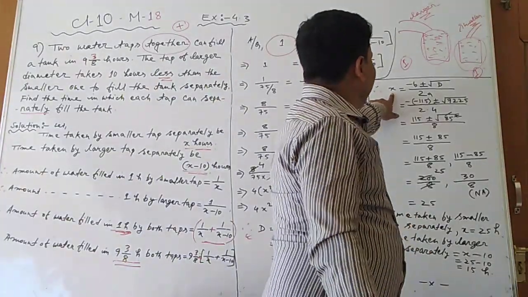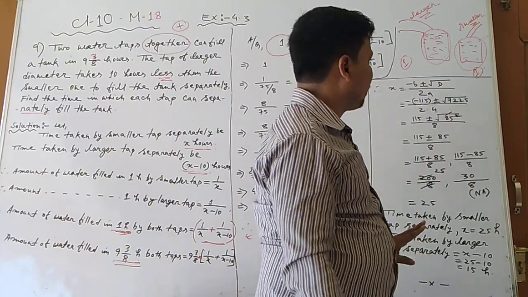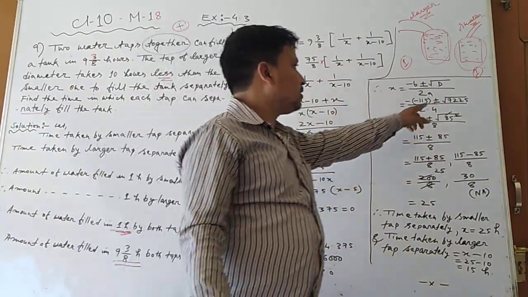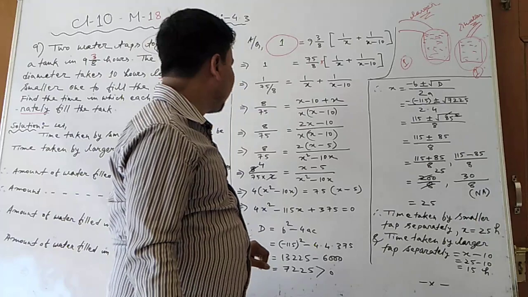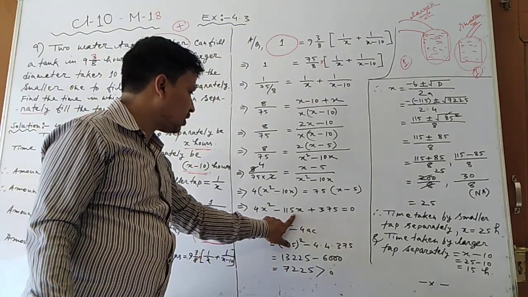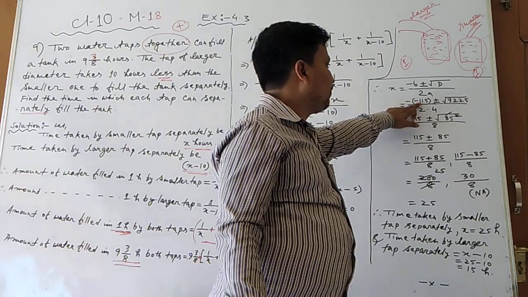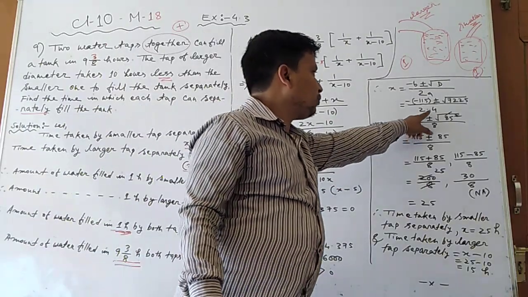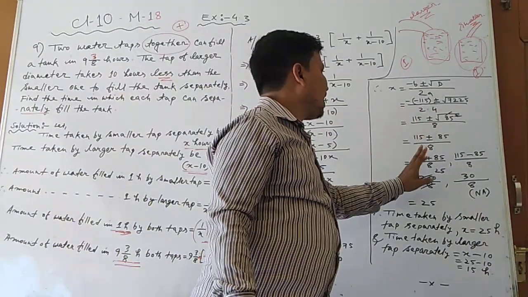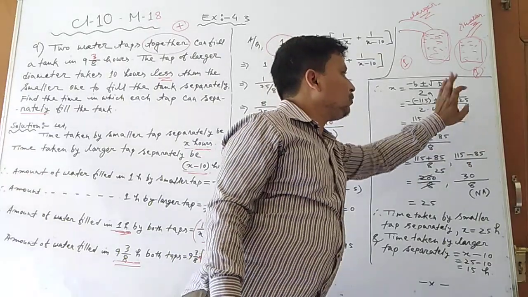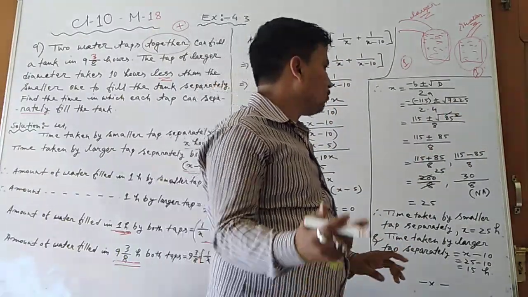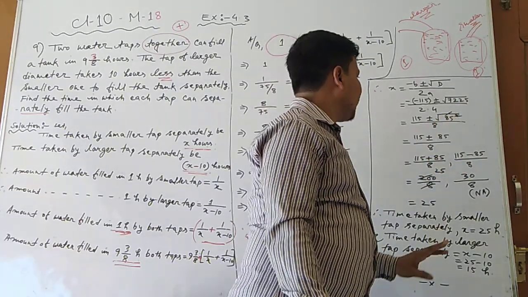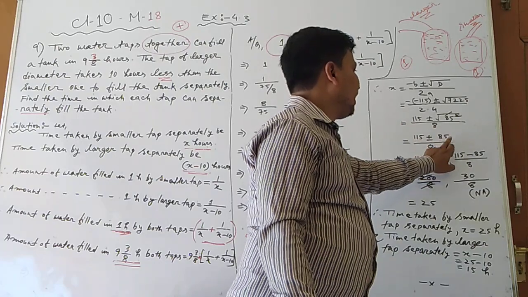Okay. So x equal to minus b plus minus root over D by twice a. This one is the quadratic formula. Already taught. D value is what there? 7225. Just you put here the D value. B means the coefficient of x. Coefficient of x is what? Minus 115. Just you put there minus 115. Then a value is what? A value is the x square coefficient, 4. So just you put here 4. So 4 twos are 8. Minus into minus plus 115 plus minus root over 7225. Find out the square root. Already I taught how to find the square root. So the square root of 7225 is 85. Then 115 plus minus 85 by 8.